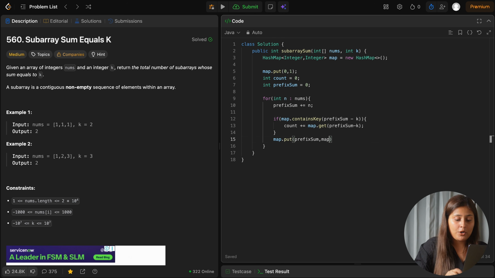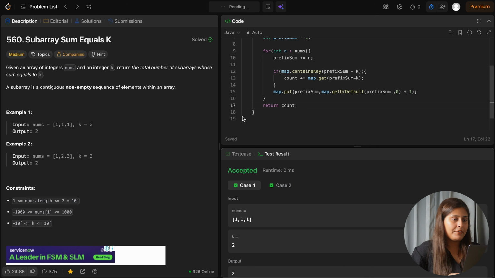So here we will add that prefix sum, and we don't know if it is already present in the map or not, so we will use getOrDefault in the map. If it is already there, what is there? That is nothing but prefix sum, correct? So we are looking if prefix sum is there, otherwise we can initialize with 0 and then we have to add it, like initialize, increment it. At the end we can simply return count as the answer.